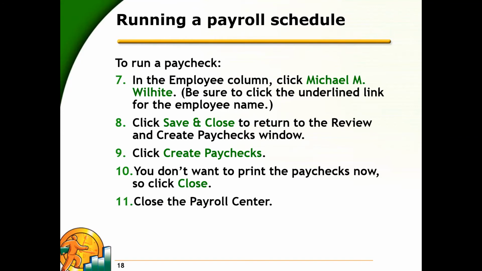To run a paycheck, in the employee column, click on Michael M. Wilhite. Be sure to click on the underlying link for the employee's name. Click Save and Close to return to the Review and Create Paychecks window. Click on Create Paychecks. You don't want to print those paychecks right now, so just click on Close and close